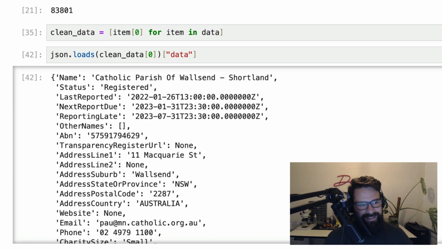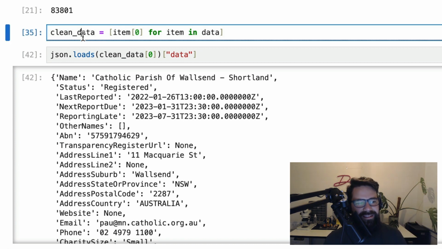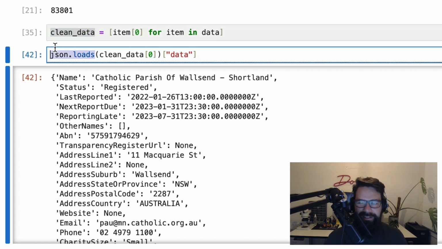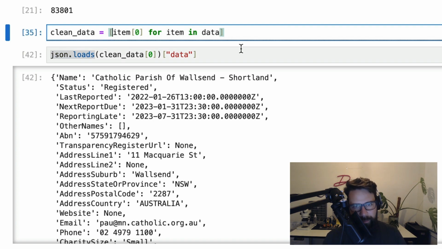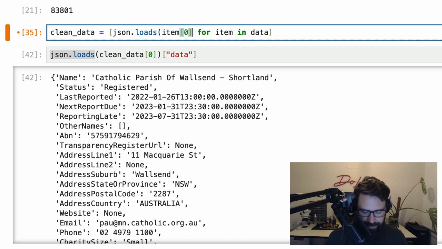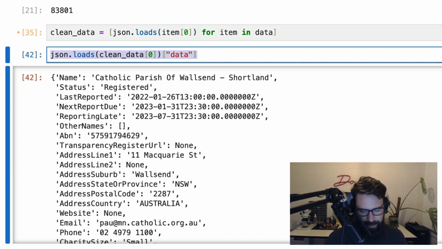So where am I going with all this? Now, a couple of different things I need to do. A, I could loop through like I did before and do a bit of json.loads, or, and this is getting a bit technical, inside my clean data, I can maybe, and if you've never seen this code before, it will look a bit confusing, so we might choose to break it into 2 list comprehensions. But if you can entertain me for a moment here,